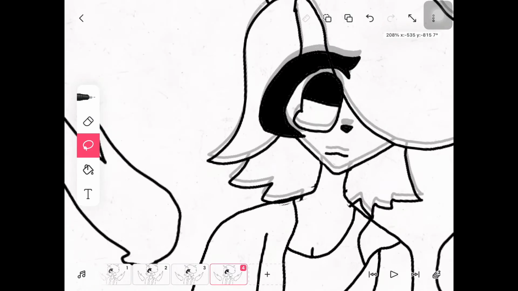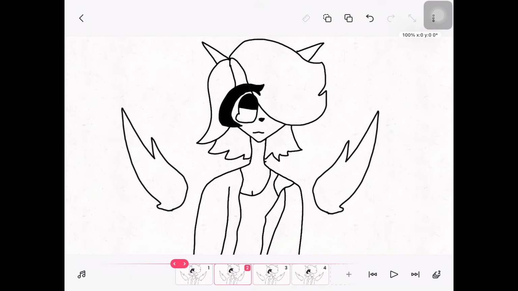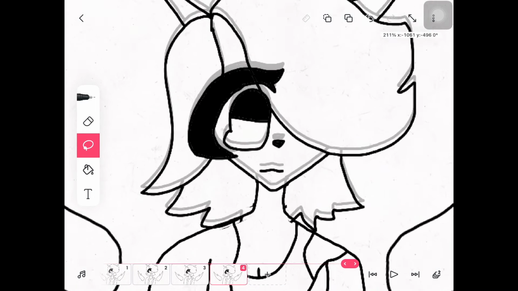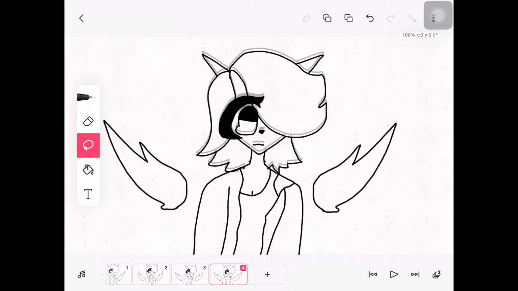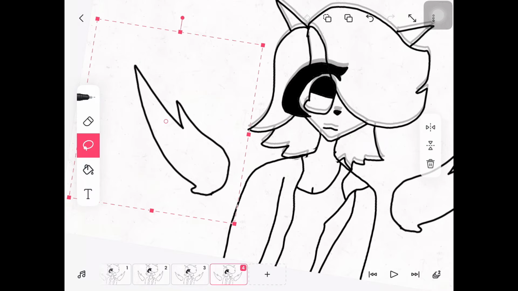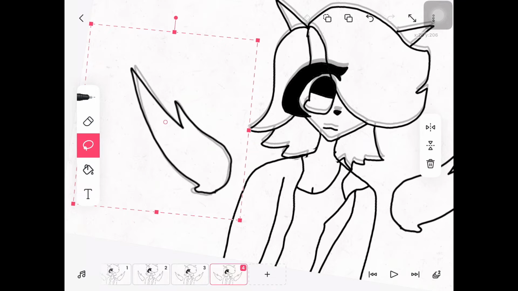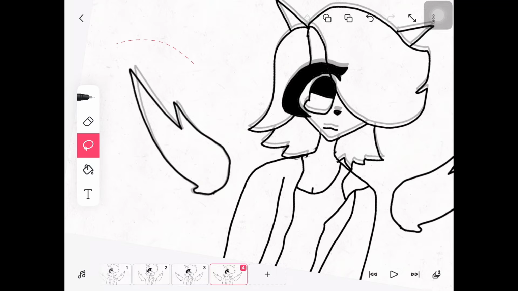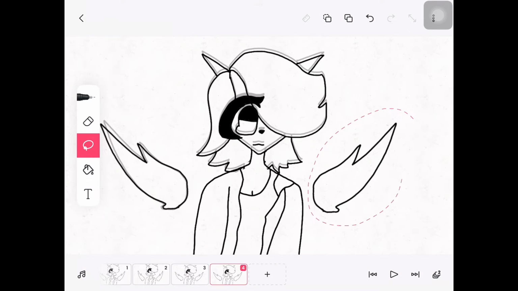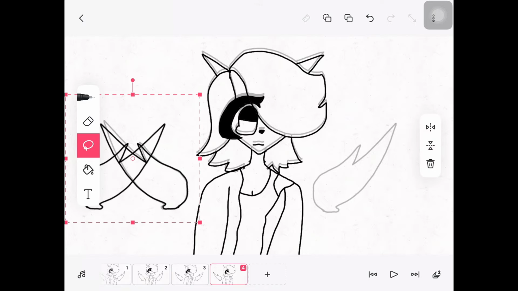Yep, taking away those excess little things. And then bringing the wings down just a tad. I can't believe I'm saying tad. Who says tad? Yeah, bringing them down just a little bit. Then copy pasting the wings to the other side because I'm lazy and I can't make things correct. Okay,